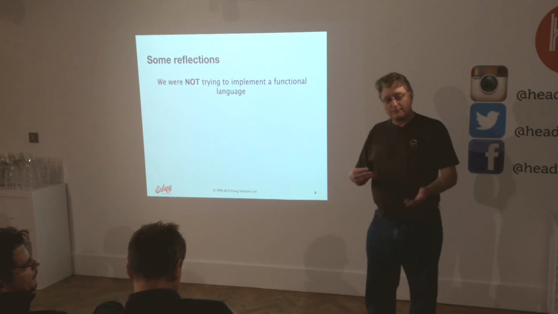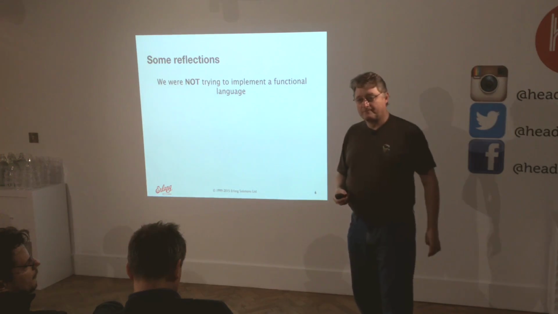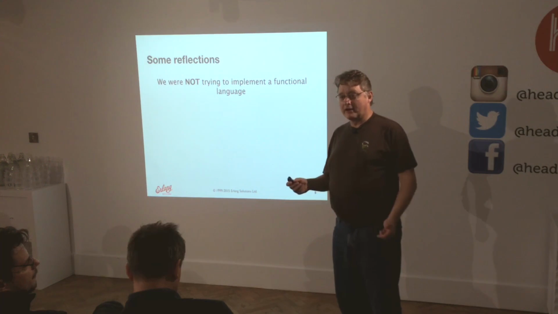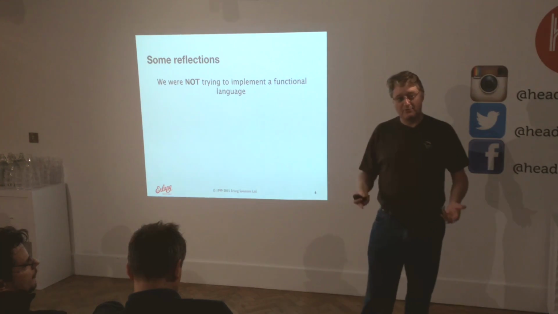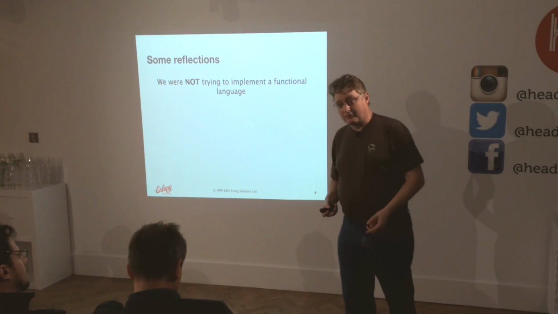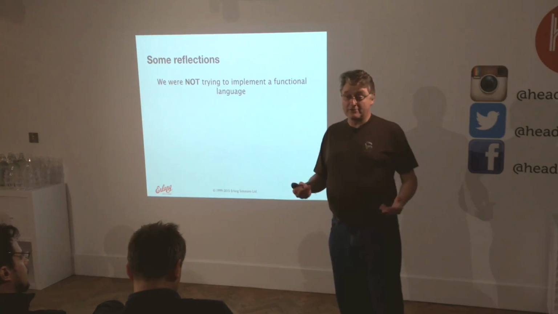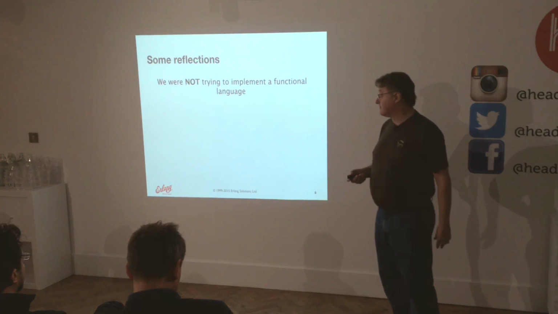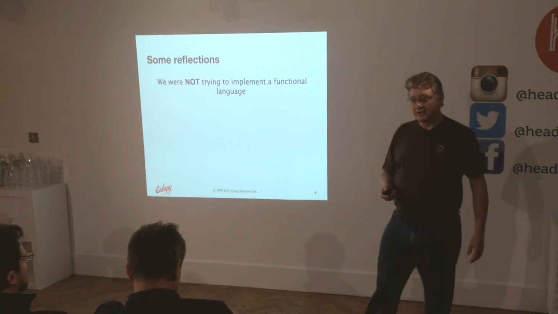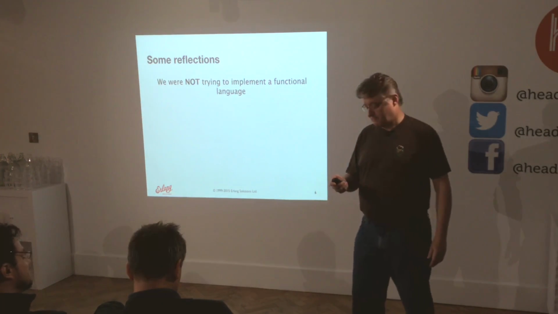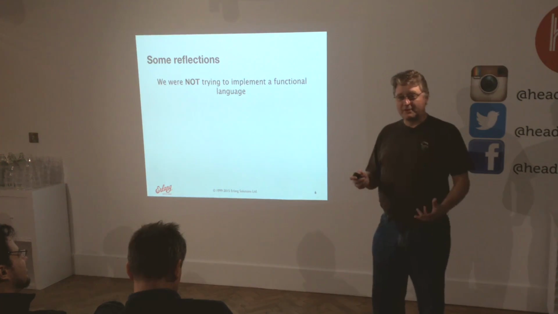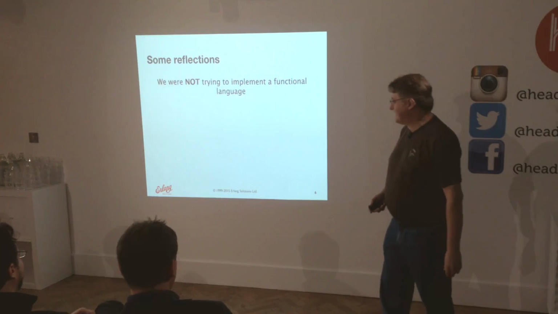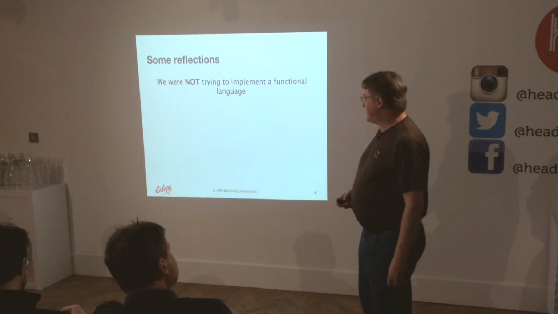And we had a set of rules for telephony, and we were trying to implement these rules. And then you find, well, if you can make one connection, you want to make many connections. So you have to attack the problems of concurrency. You have to attack the fault tolerance. You have to attack the fact that a lot of other things are going on in the switch as well. So you end up implementing a programming language. We were not trying to implement a functional language. That just happened, right? Someone told us after a while, you've implemented a functional language, and we sort of said, oh, right, good.